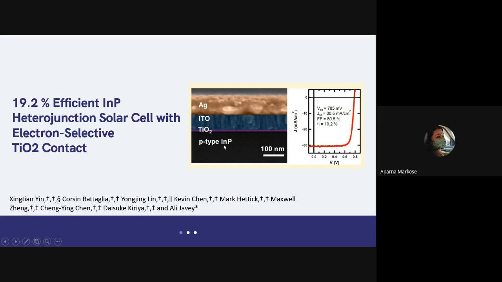You can see p-type indium phosphide in here, and there is a light violet, very thin layer of titanium dioxide, and the indium oxide, and silver. This is coming from this finger. I hope you all know what a finger is, because you have already learned about silicon solar cells in the class, and you might have seen the electron collecting silver contacts. So this is that part. So this is the basic structure of the solar cell which we are discussing here.